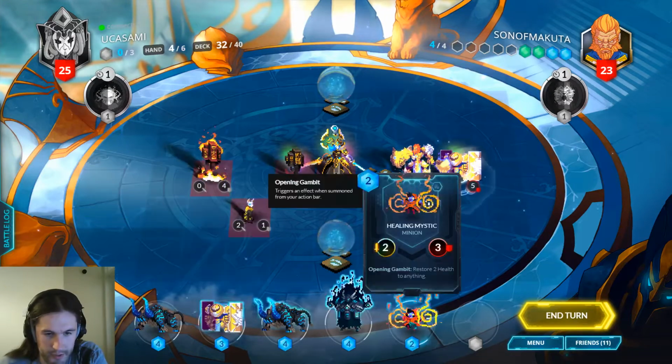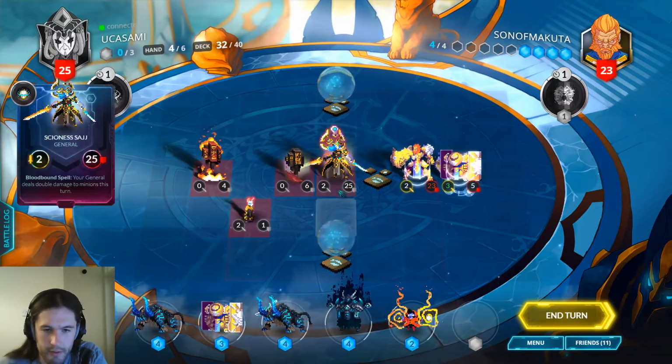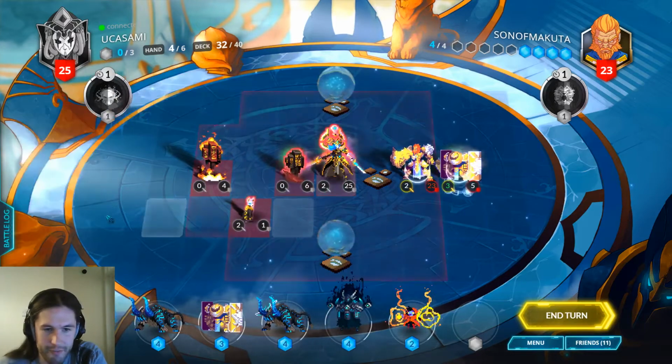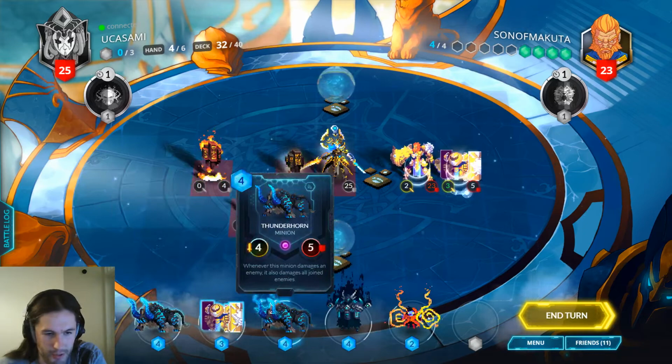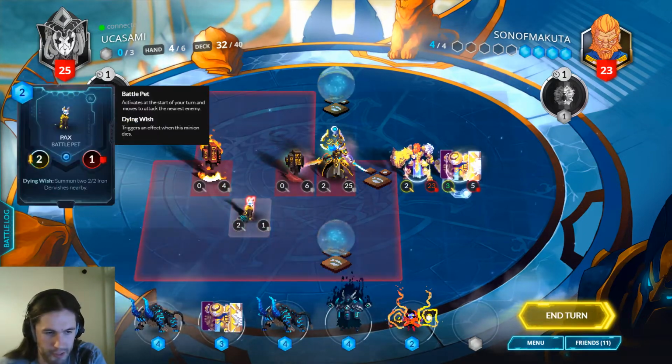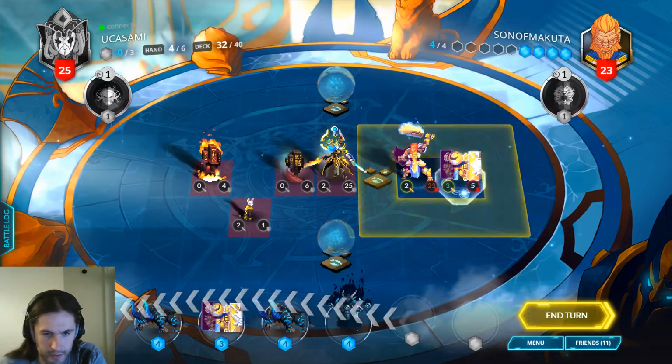What do I replace? These cards are all good. I guess the Silver Guard's merely okay. Like, it does survive a hit from Psionic Strike, which is quite nice. This is better with Holy Immolation, but we don't have one. Thunderhorns are great because she's playing Pax. Let's try and dig for...